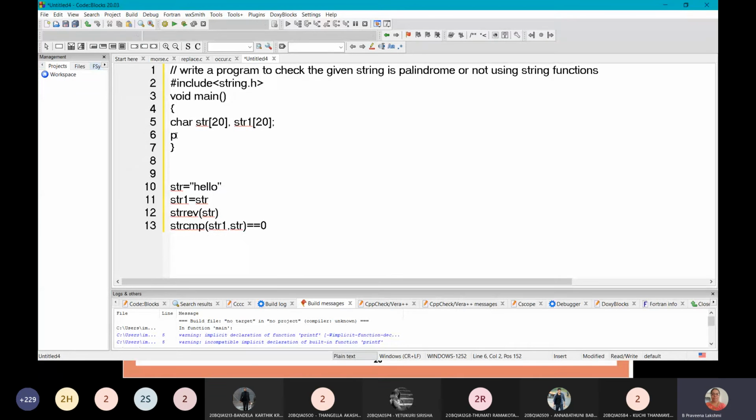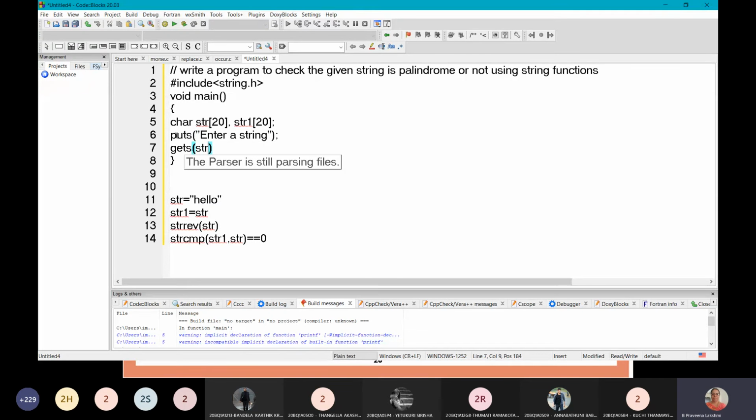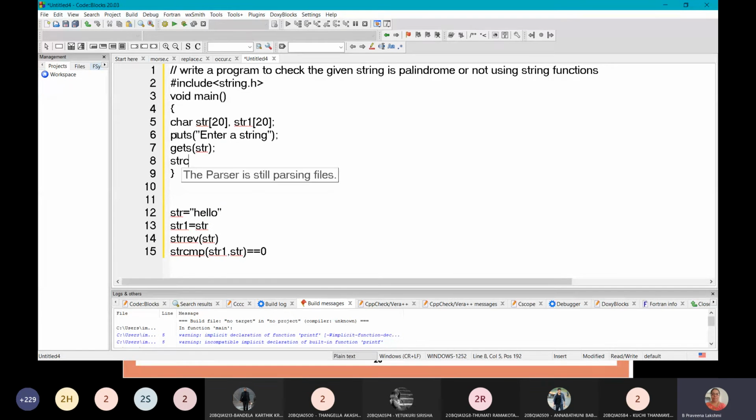So take a string. Enter a string. Make a copy of the string using strcpy: str1 comma str, so str is copied into str1.